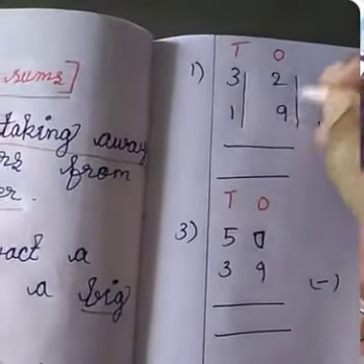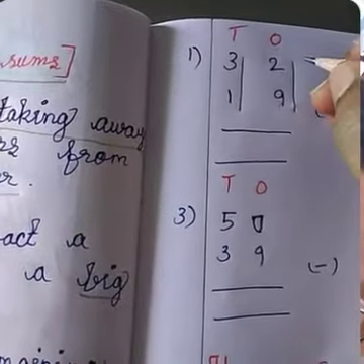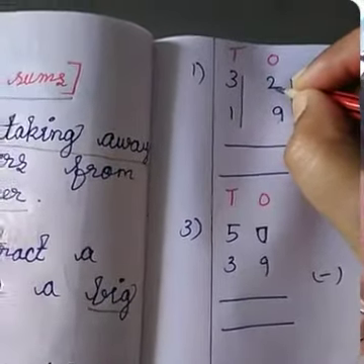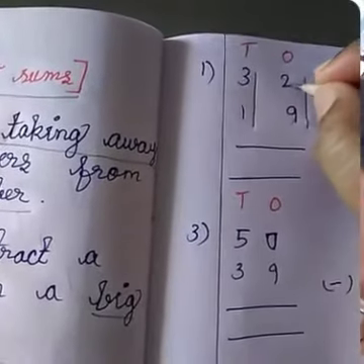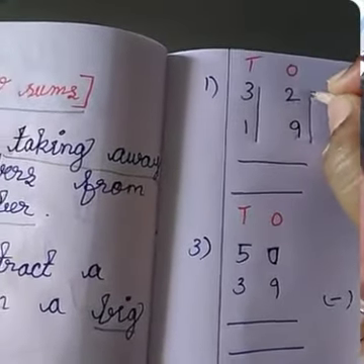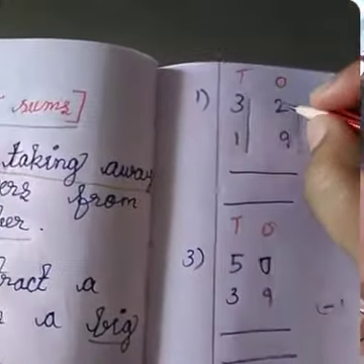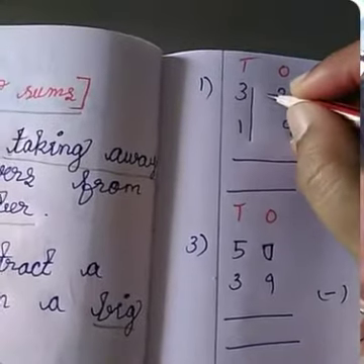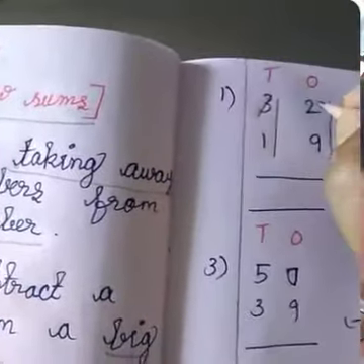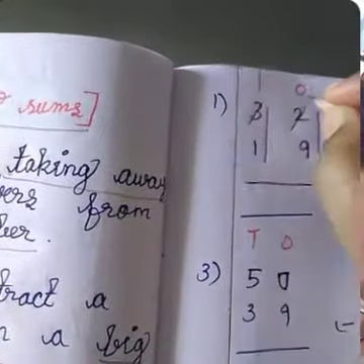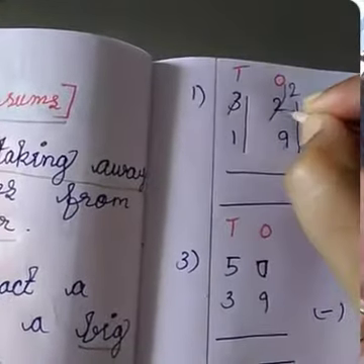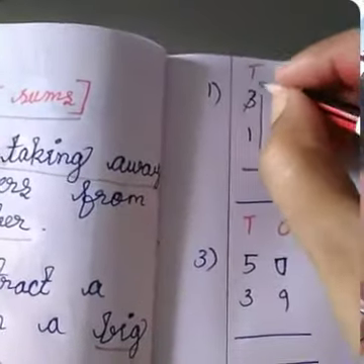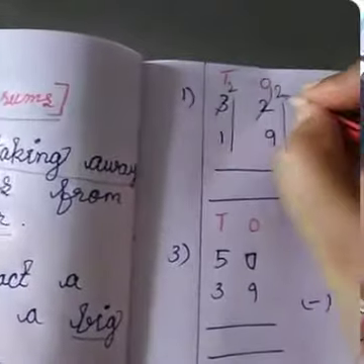See these two numbers. You have to find the biggest and smallest numbers. 2 and 9, which one is big? 9 is the biggest number, 2 is the smallest number. I already told you that if the first number is smaller, you have to borrow one number from the tens column. We cannot subtract 9 from 2, so we borrow one number from 3, so 2 becomes 12. Not 3, it becomes 12. 3 becomes 3 minus 1, 2. So 3 becomes 2, 2 becomes 12.